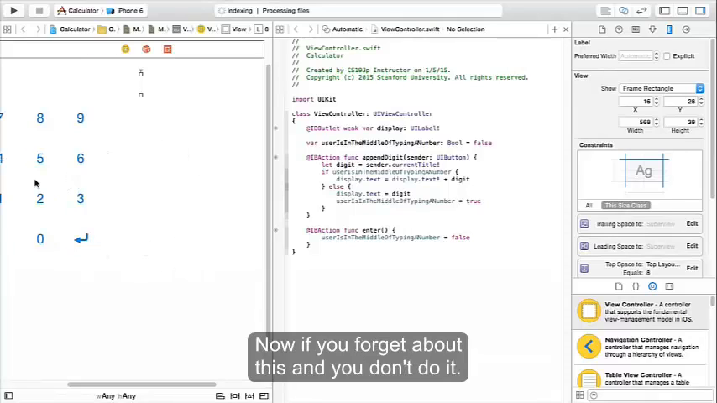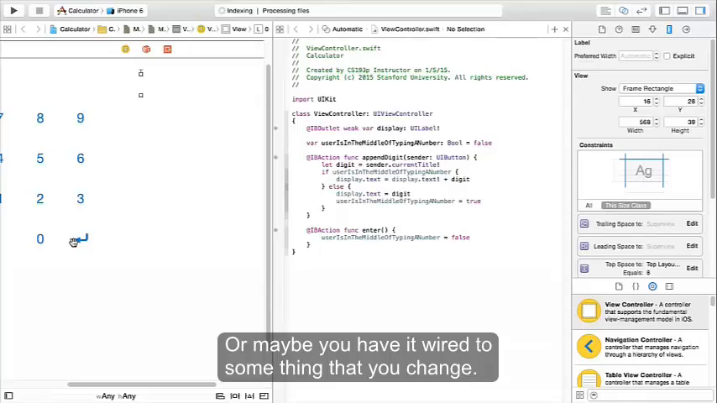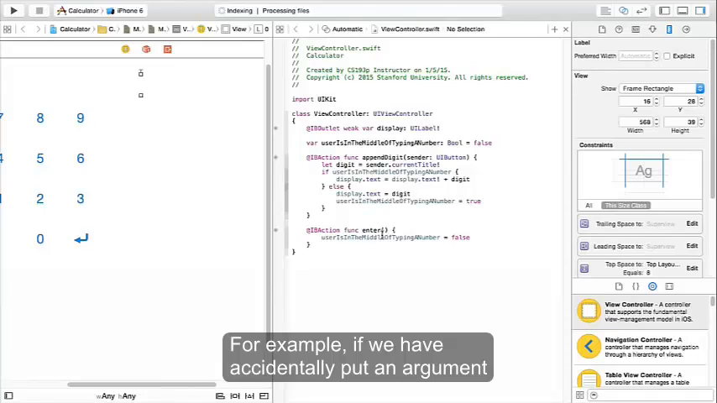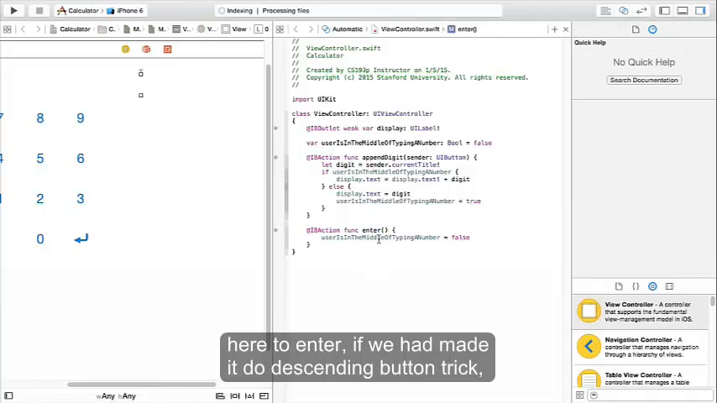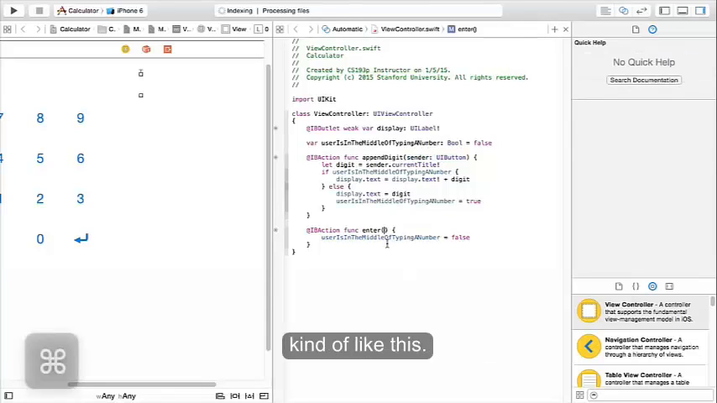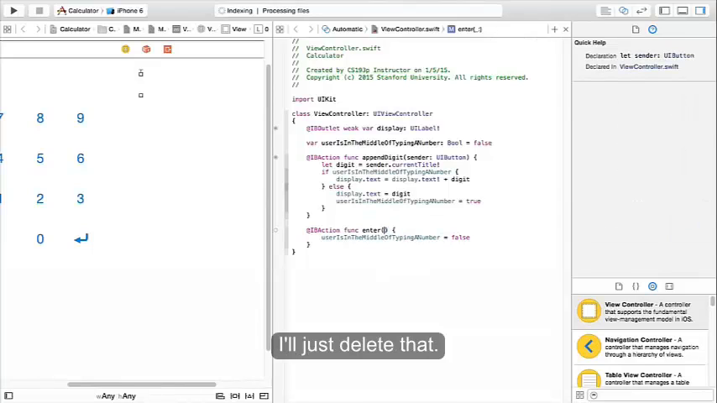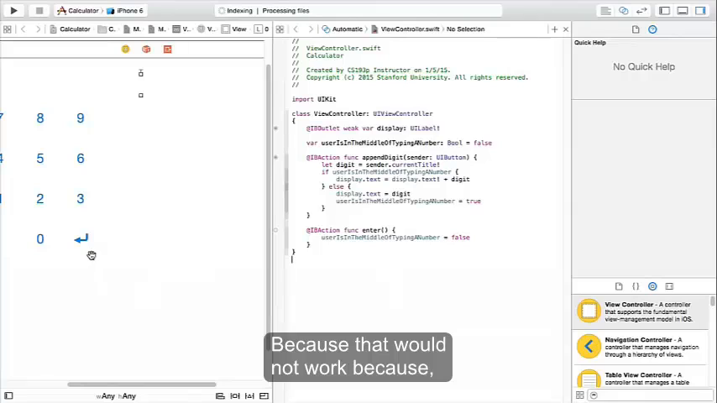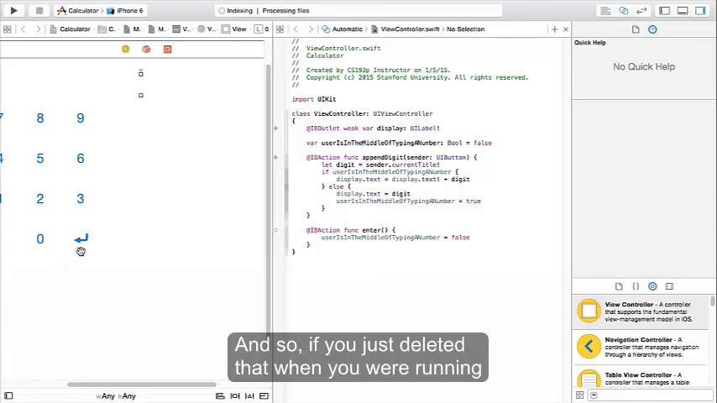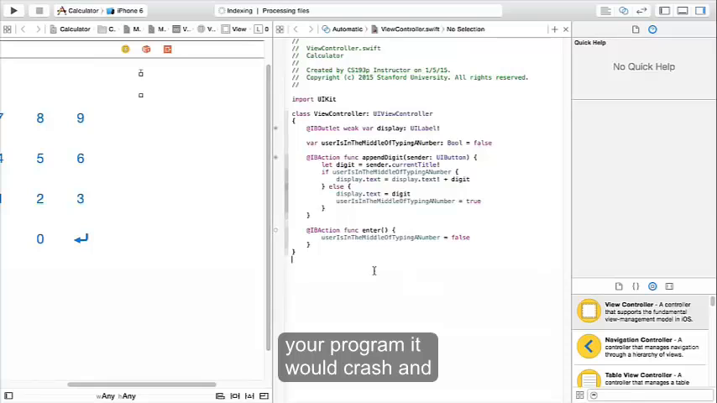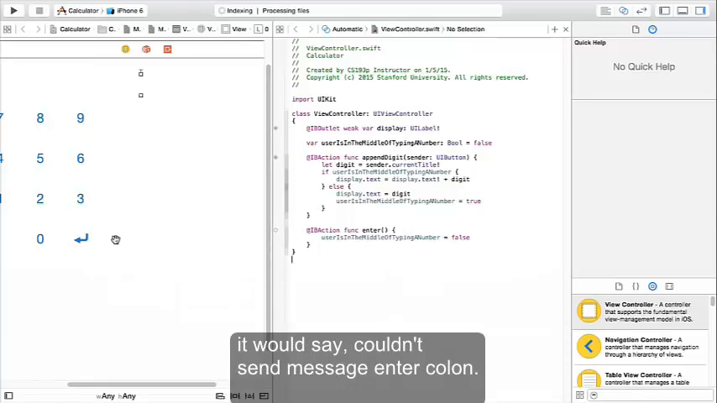Now, if you forget about this and you don't do it, or maybe you have it wired up to something that you changed. For example, if we had accidentally put an argument here on enter, if we had made it do the sending button trick, kind of like this, you can't just say, oh, okay, I'll just delete that, because that would not work. Enter with an argument is actually a different message than enter with no argument. And so if you just deleted that, when you run your program, it would crash and it would say couldn't send message enter colon,